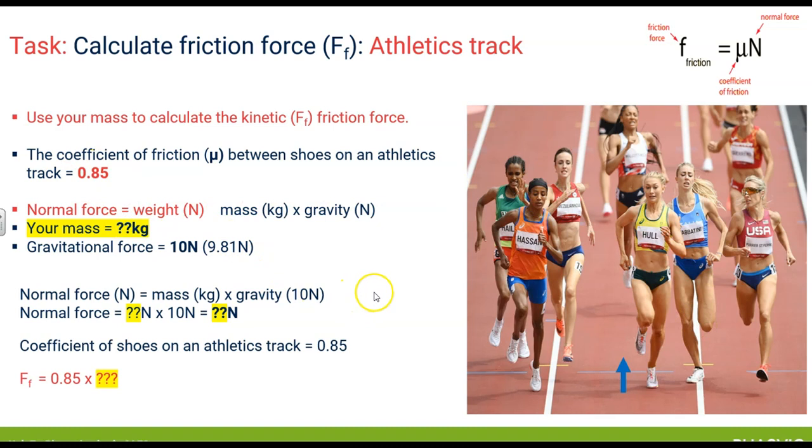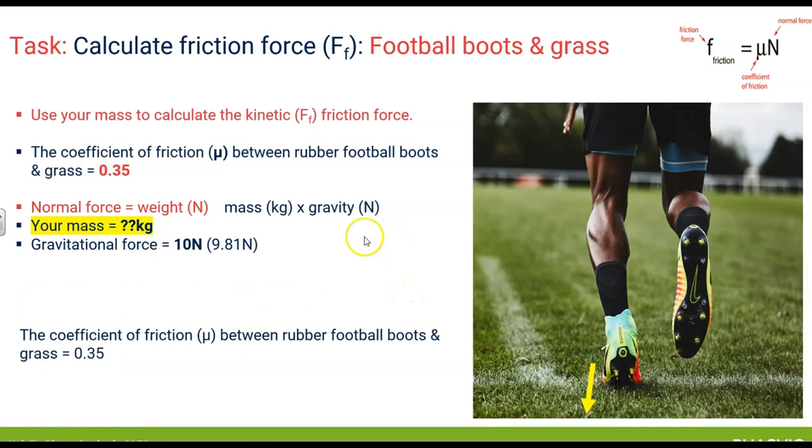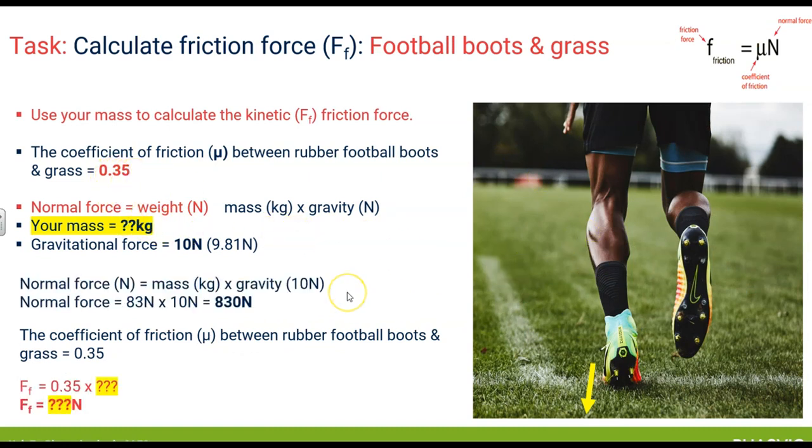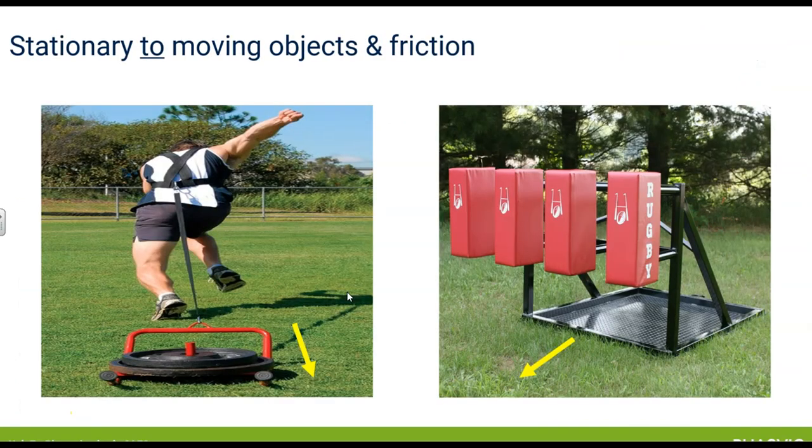What it might be a good idea to do in your assessment is to pick two examples of contrasting coefficients. This is a really high one, pick one that's really low. Here's one, this is football boots on grass, 0.35, a different value again, of course. Put your values in there for the maths. I just want to revisit the